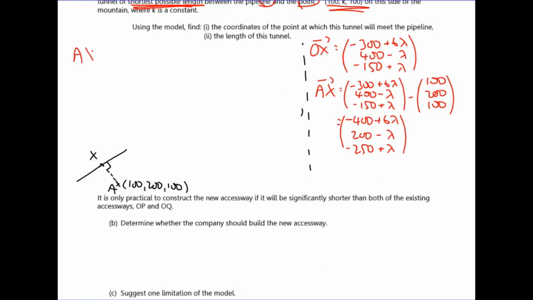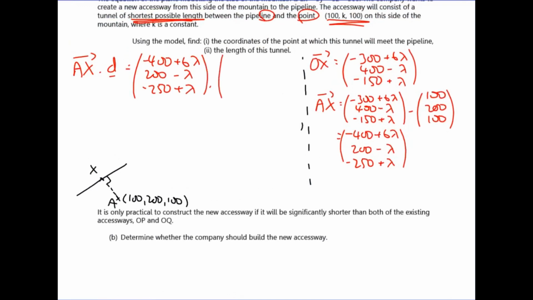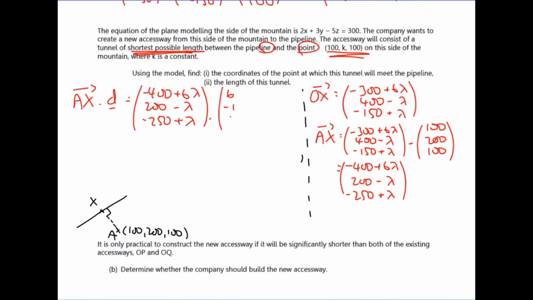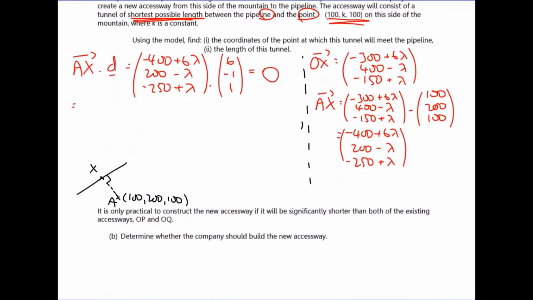So I need to do AX dotted with the direction vector of the line. So minus 400 plus 6 lambda, 200 minus lambda, minus 250 plus lambda, dotted with the direction vector of the line, which was 6, minus 1. And this is equal to 0 because I know they're perpendicular. So minus 2,400 plus 36 lambda, minus 200 plus lambda, minus 250 plus lambda equals 0, just from multiplying those and adding